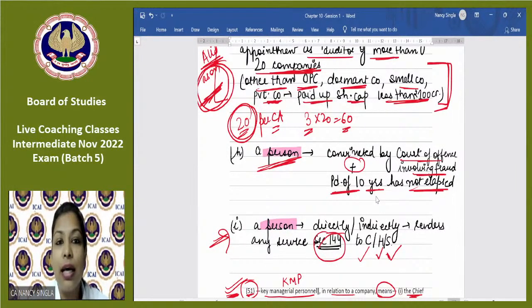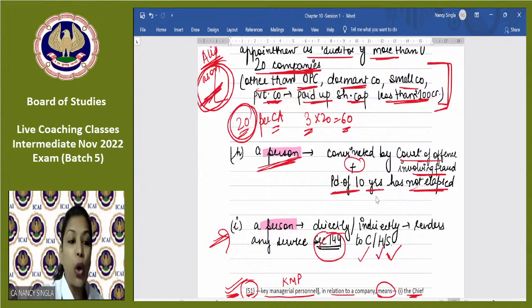Not at all. I always give the example that if I give you your paper to check, and you have done that paper yourself, and you check it yourself, how many marks will you give? 100 marks, or 70 marks, or 80 marks? So in the same way, with respect to these services, section 144 says that if a person, that is the chartered accountant, is providing any of the mentioned services to the company or its holding or its subsidiary, in that situation that person is not eligible to be appointed as the auditor of that company.